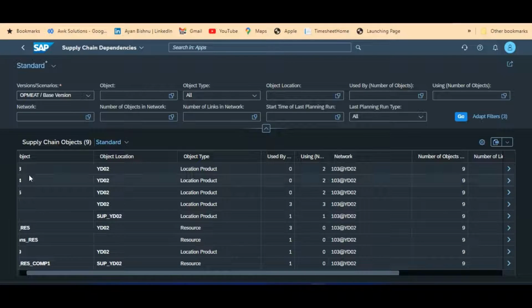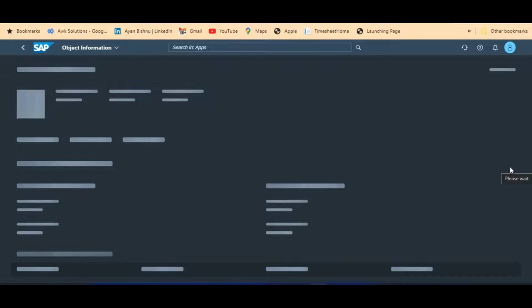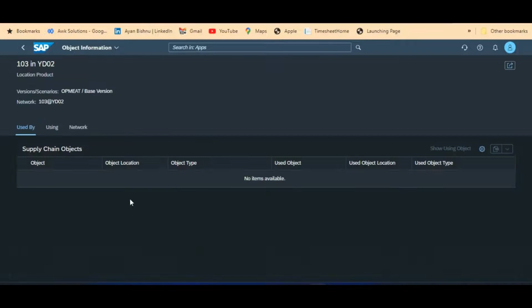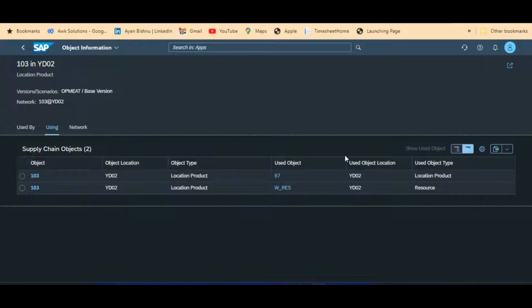So for example, if I look into this location product combination 103 and go inside that, what I will see is that this product location combination is being used with a resource, and the location is YD02.